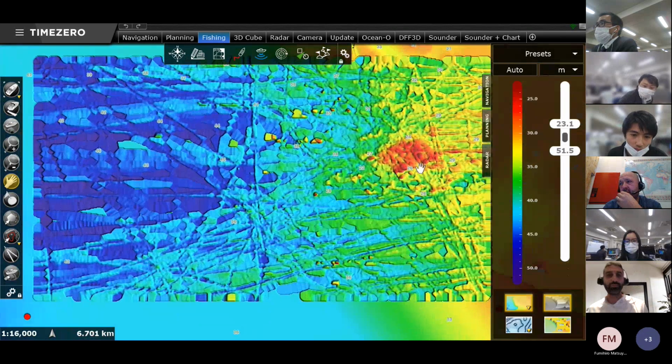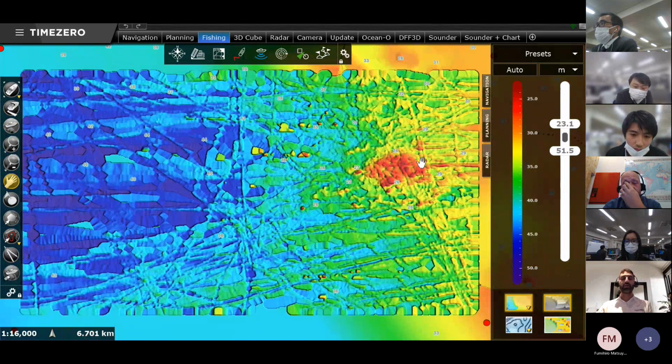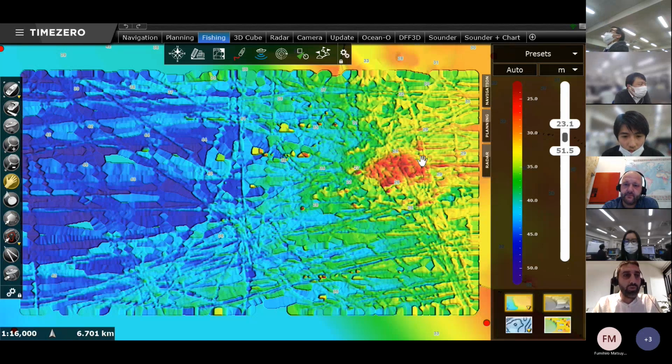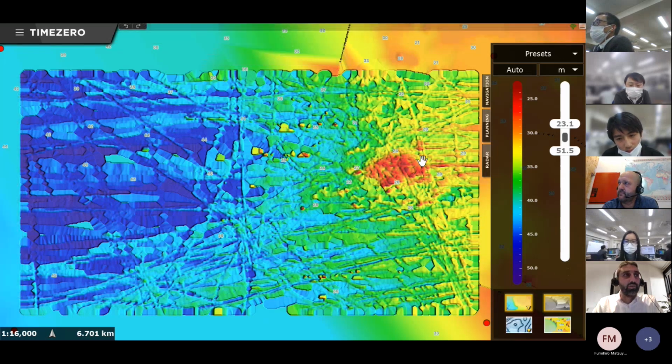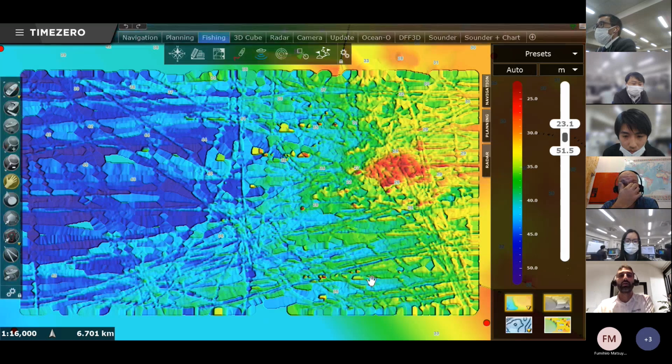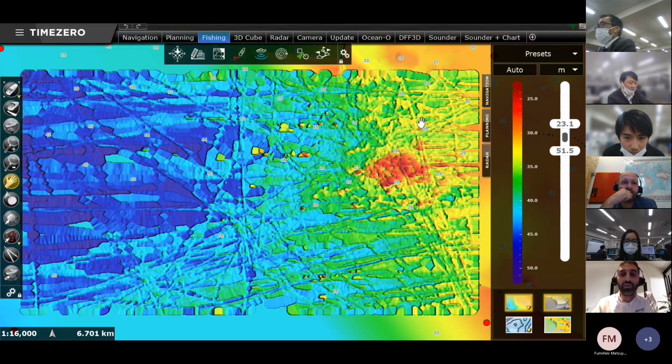A big chapter now I would like to open is weather on TimeZero and oceanography. Last week when we discussed, we decided to target the fishing market in Asia and also start heavily with Taiwan. And in Taiwan, something that is pretty big is the use of oceanography information in order to detect good fishing zones. And in TimeZero, you have the possibility to